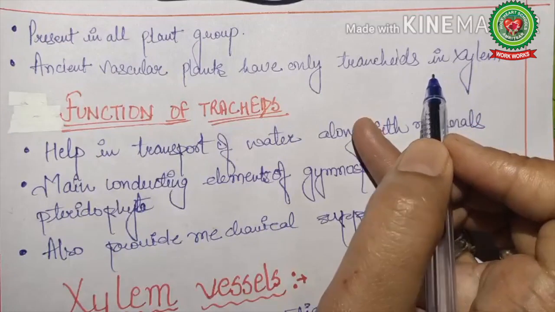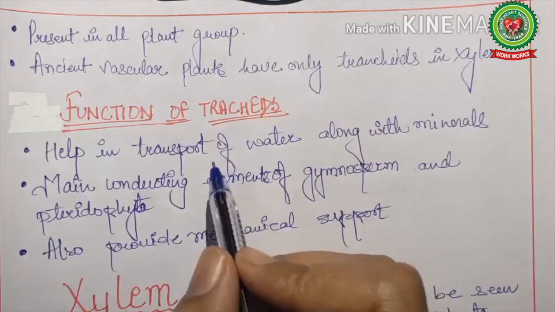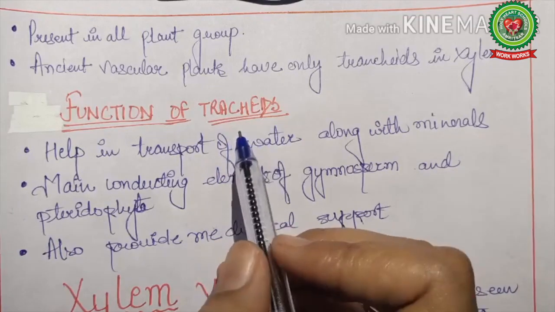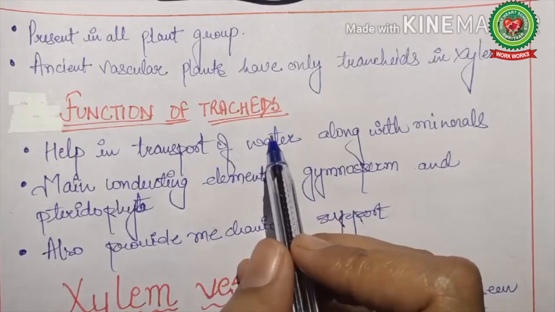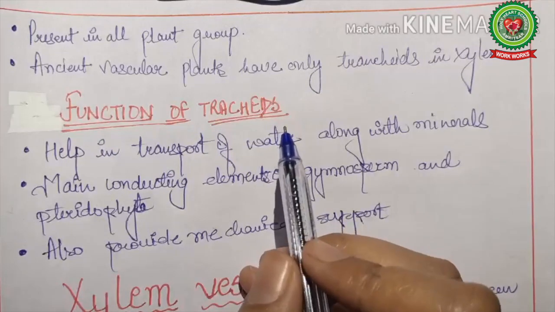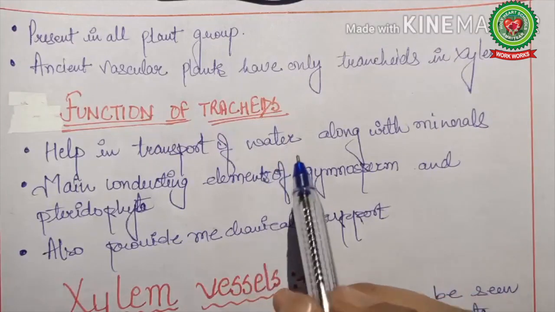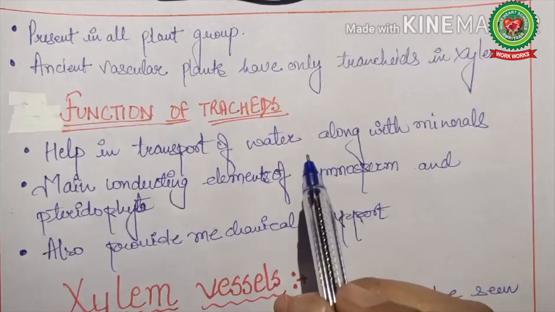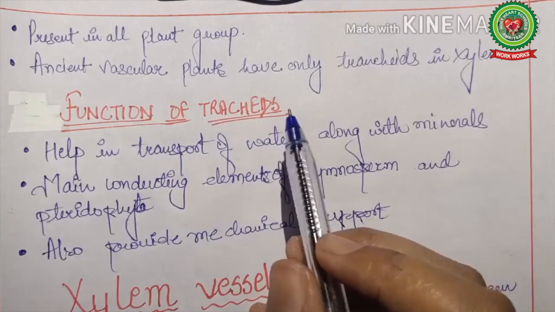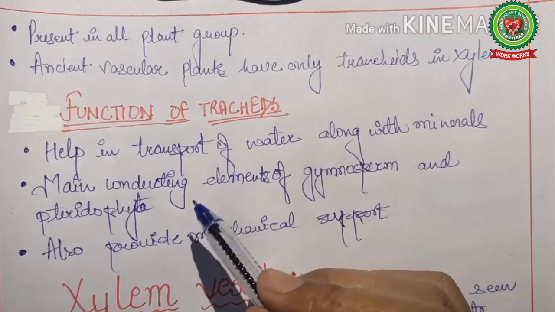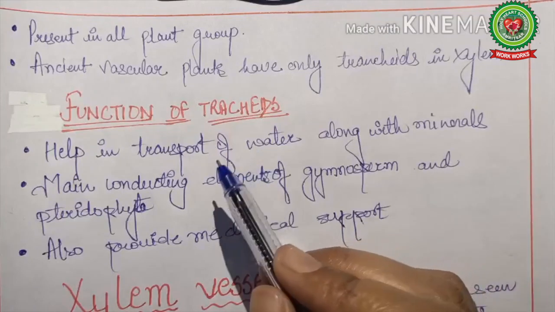Now, if we talk about the functions of tracheids, the main function of tracheid is to transport water and provide mechanical strength. These are the primitive water conducting tissues predominant in lower vascular plants. They are the only conducting tissue in wood of ferns and gymnosperms. Here fern represents pteridophytes. In spite of being primitive, they conduct water and minerals from roots to aerial parts in ferns and gymnosperms. Water passes through the empty lumen without any obstruction by living tissues. It passes through the pits from one tracheid to another.